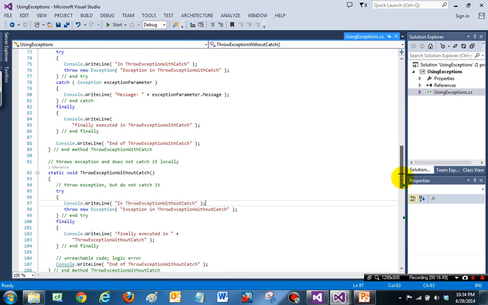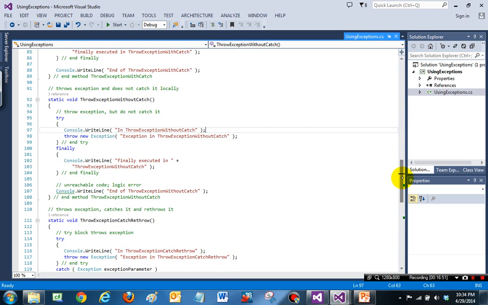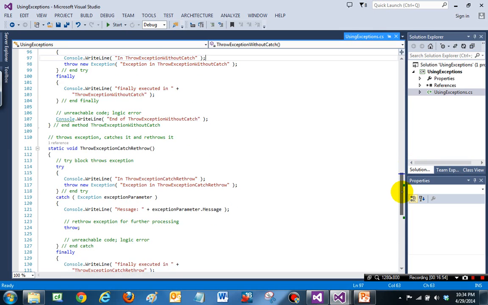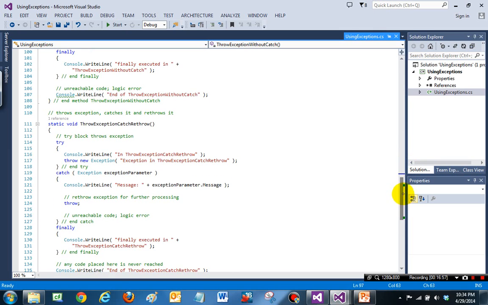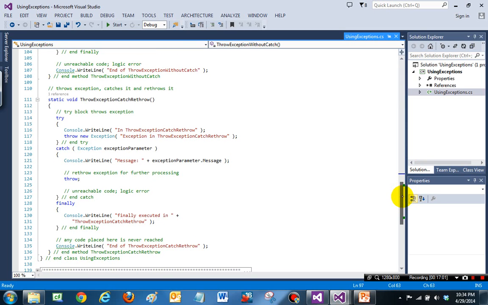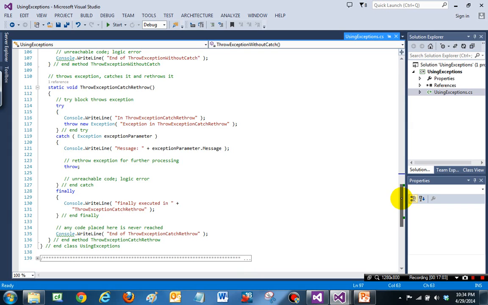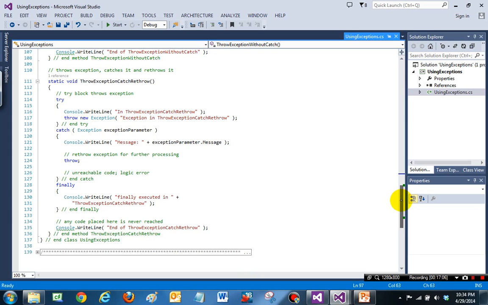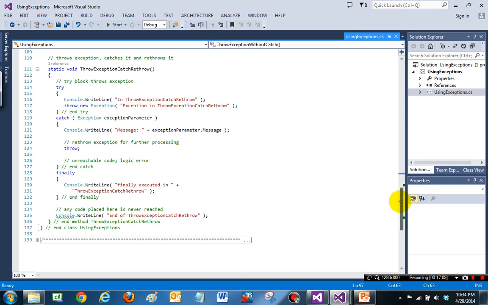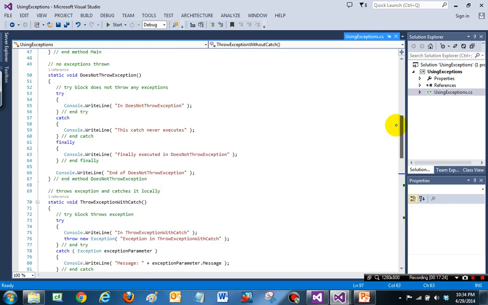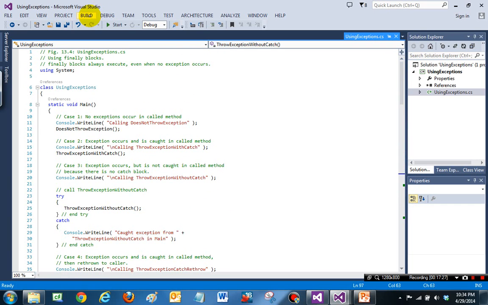So here is the method that follows, which throws an exception and rethrows it: throw exception, catch, rethrow. So in the try block it throws a new exception, it catches it and then rethrows it, and the calling Main method's try block and the following catch block will catch this exception, but there is the finally block here too. So that's the program, and if we build it and run it, then